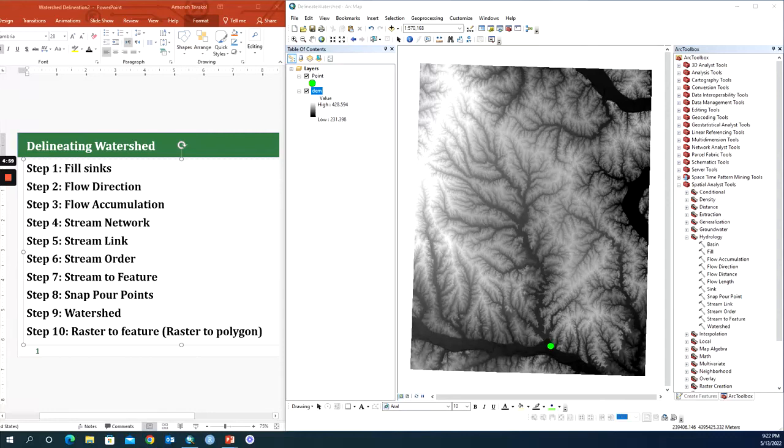Hey guys, today we are going to learn how to delineate a watershed. A watershed is mainly a boundary that represents the contributing area for one specific point. Like this point here that I have on this map, I want to see the area that drains water into this specific point. To do that, we have to take 10 different steps, but before starting the main steps, let's